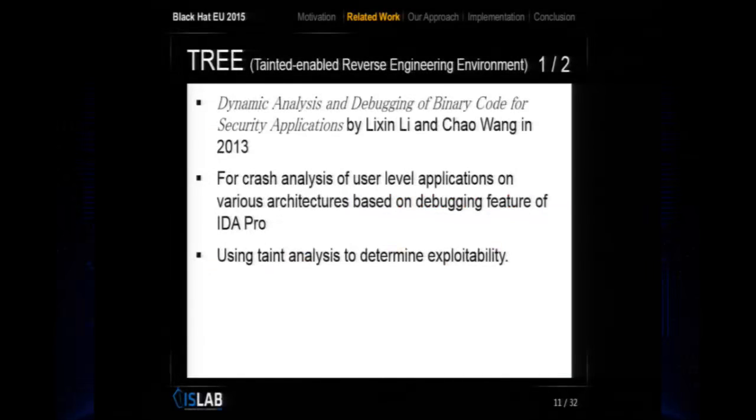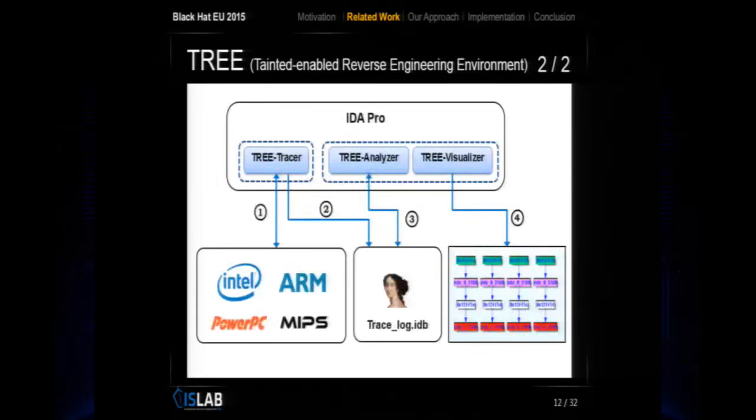The next related work is Tree. It was presented in 2013, and this is also for crash analysis of user level applications. The principle of operation is almost the same with VDT, but they claim that it can support various architectures. Tree is a plugin of IDA Pro. So it is entirely based on the IDA, and since IDA has a capability of single stepping on various architectures,